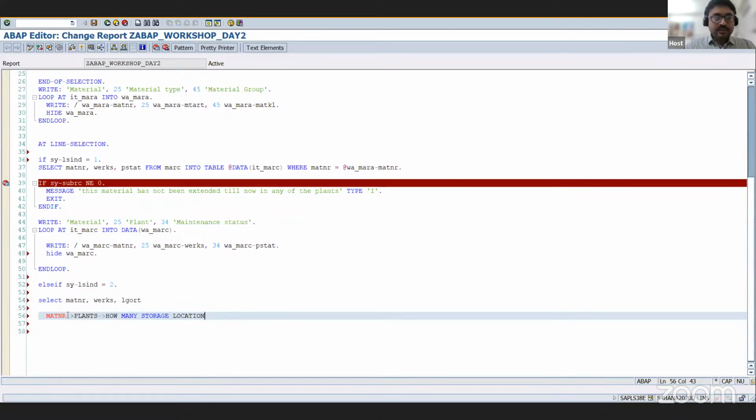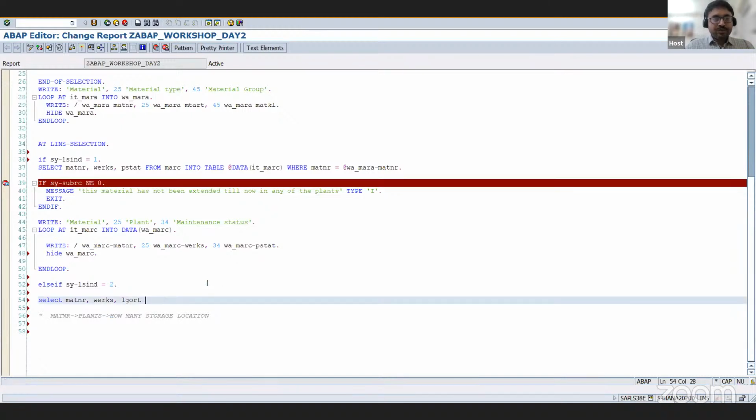So the first level report is giving material related information. When you double click on any of the materials, the corresponding plant information is shown. And when you double click on any of the plants, it displays how many storage locations are there. Okay, fine. Now let's go and